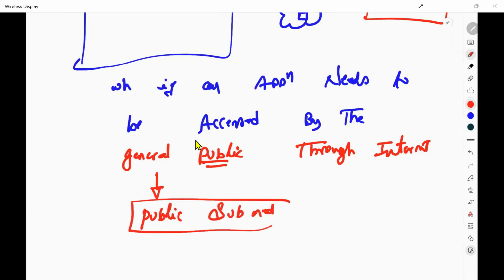Any application that needs to be accessed by your general public through the internet is hosted inside your public subnet.